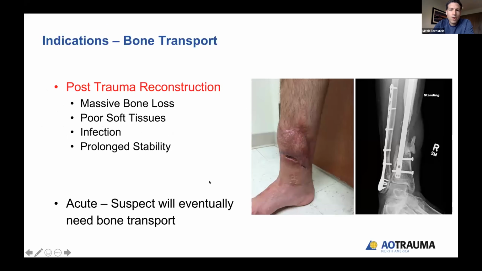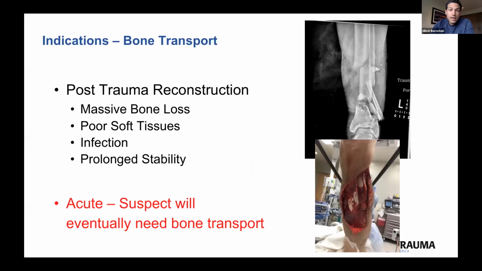So indications for bone transport, I like to think of it: are you doing post-traumatic limb reconstruction? And there are issues to consider: massive bone loss, poor soft tissues, infection, and you're going to need prolonged stability. Is it an acute reconstruction where these are acute traumas and you know the patient's going to need a bone transport? There's a lot of devitalized segments of bone and soft tissue, and you know this patient's going to turn out into some sort of bone